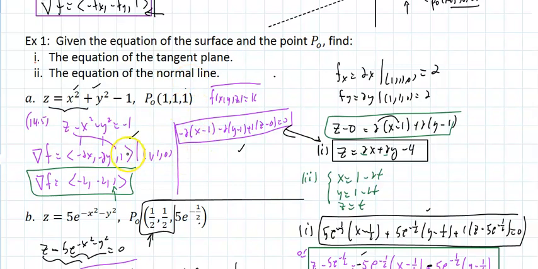So when I do this part, it should be z minus 1. And when I do this part, it should be z minus 1. So that z equal negative 3. Good thing I graphed it, otherwise I would not have caught the mistake. So now if I go and look at what I have,